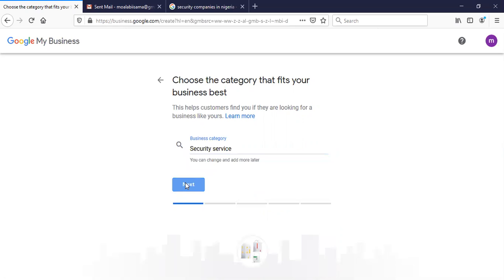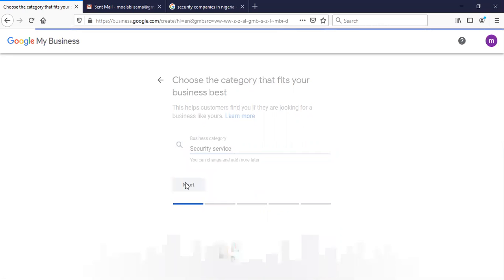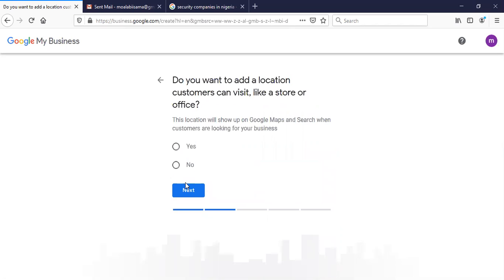I go to next. Your primary category is important, but you can still add all those other categories that are under security that didn't show up, that you can add to your primary category. As we are going on in this video or in the next video, I will show you how to add those other categories because they are all important. You want someone to do a search regarding anything on security within the locations that you are targeting and you want to be seen.